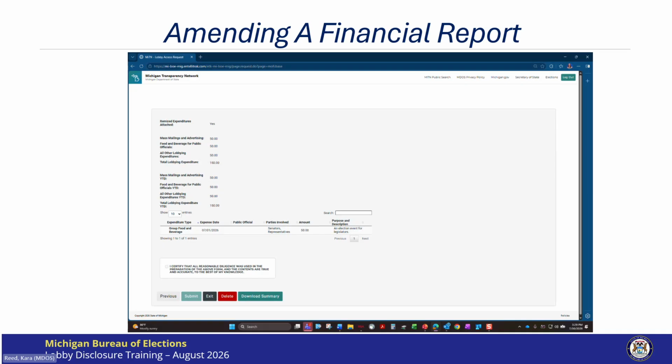We are at the submission page. You will again see the summary of your filing, just like we did when we submitted the original. You also have the Download Summary tab, just like we did when we submitted the original. I have reviewed my filing. No changes need to be made, so I'm going to certify and click Submit.